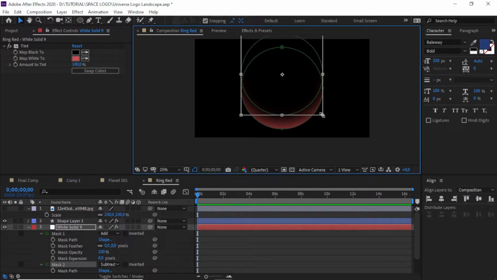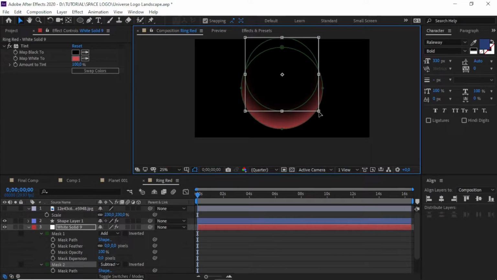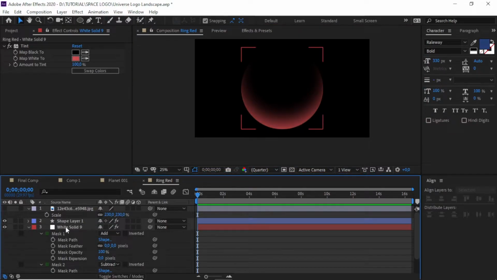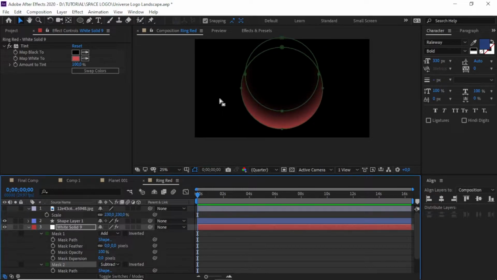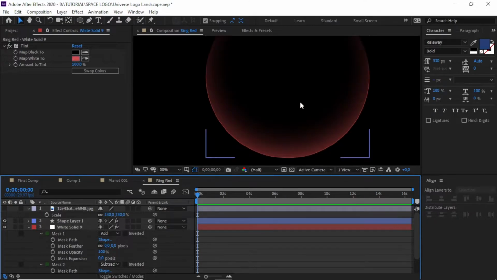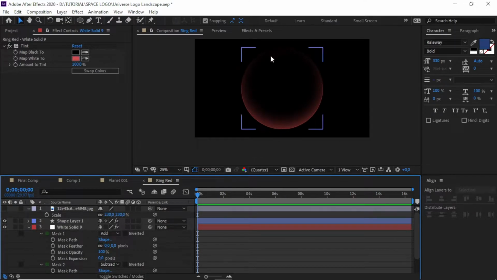Control Alt, we need to scale it down by holding Control Shift, and then move the mask like this, because we need an almost circle like this one.